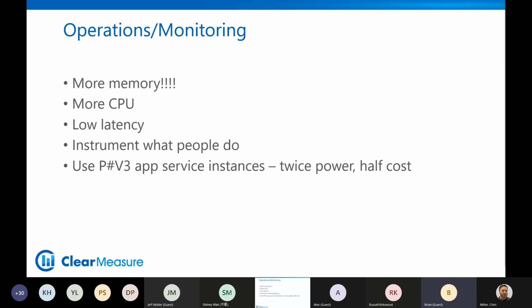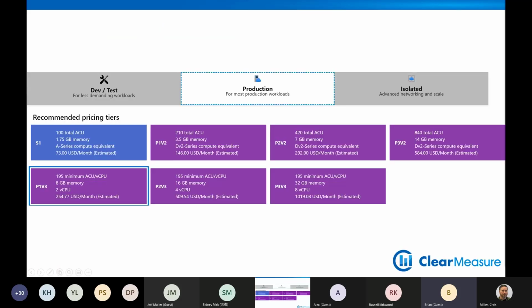And then regardless if you're just hosting web services or if you're hosting full Blazor server-side, you definitely want to move your hosting plan onto the version 3 instances. They came out last November. They're twice the power, half the cost. If you have not redeployed your Azure hosting plan server applications to the V3 instances, you are paying twice as much as you need to. Okay, so be aware of that. This is what you're looking for.